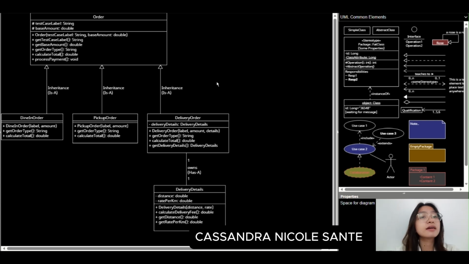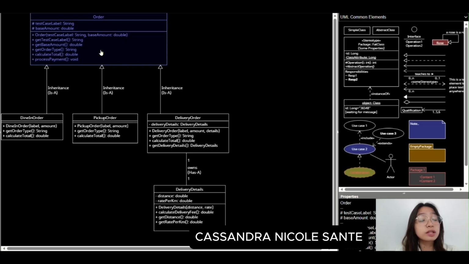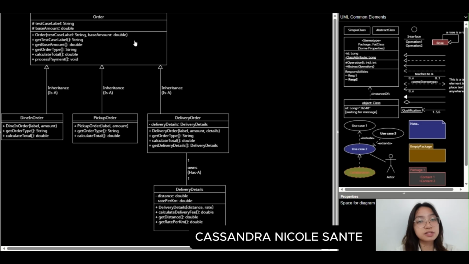Greetings everyone, I'm Kusara Koji Santa and today I'm going to walk you through the technical architecture of our Kaonigiri food delivery system. I'll be explaining how we use OOP to build a clean, manageable system for handling different types of customer transactions. If you look at the top of our diagram, everything starts with the order class. This is our superclass. From a technical perspective, we designed this to be the source of truth for all transactions.